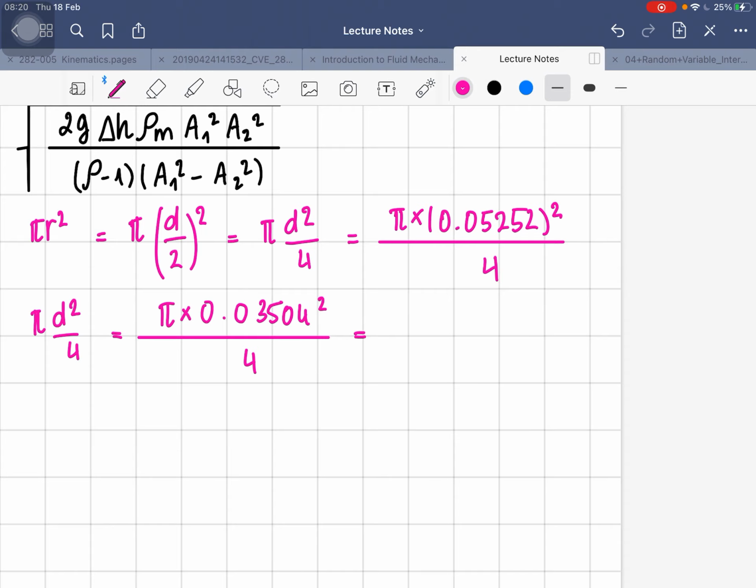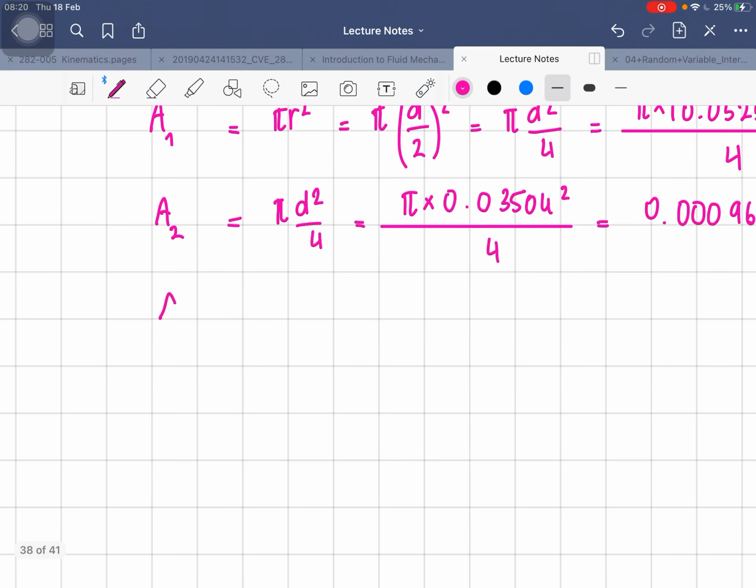So now we have 0.000964 meter square. We have delta h equals to 0.06 meter, and